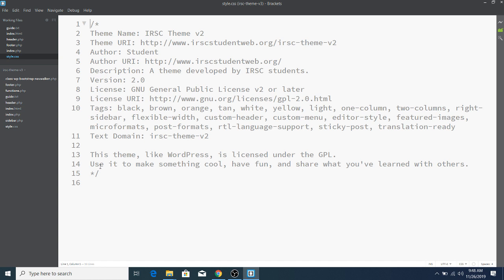It has a bunch of meta information, extra information that it tells to WordPress. Notice that this is a CSS comment. Remember what comments are for. Comments aren't actual code. They're generally meant to be notes to a programmer. So what they'll do sometimes is be a little bit clever about it, and they'll be like, okay,